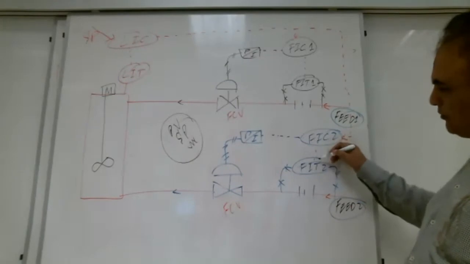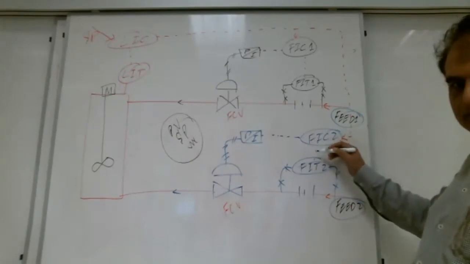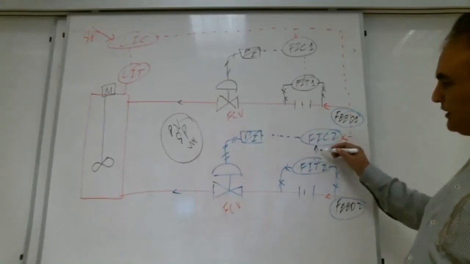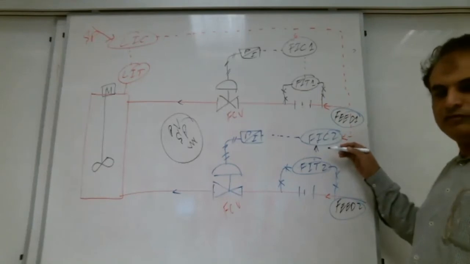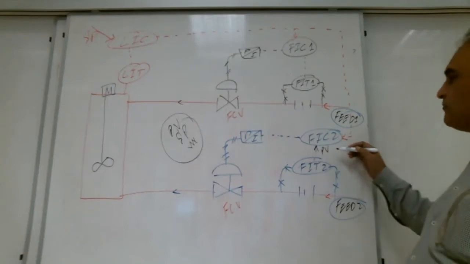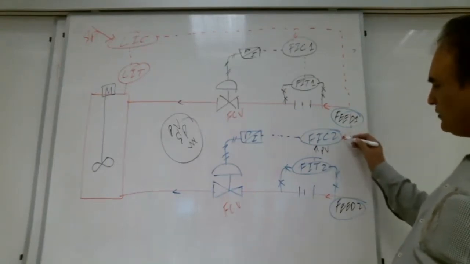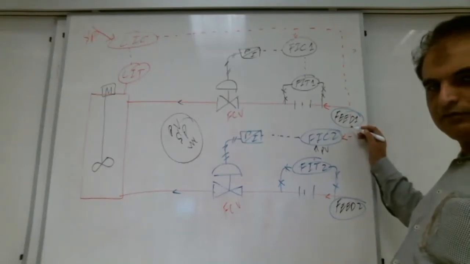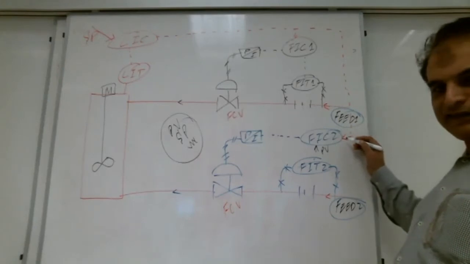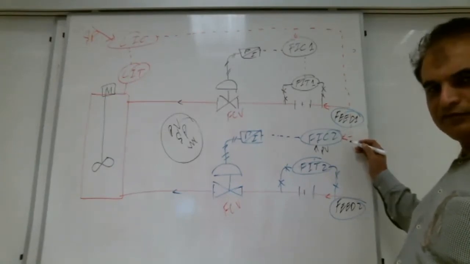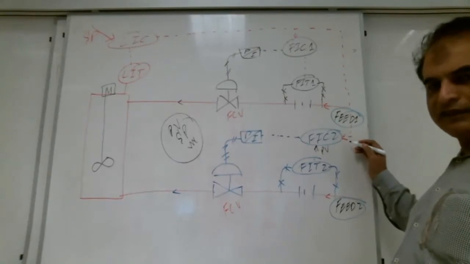Yes, Shabab, this signal is going up or down? A lot of brothers are writing up. Okay, up. What is its name? PV. A lot of brothers are writing PV. That's good. What about this signal, coming this way or up? It's SP also. A lot of brothers are writing like this. What is its name? A lot of brothers are writing SP.